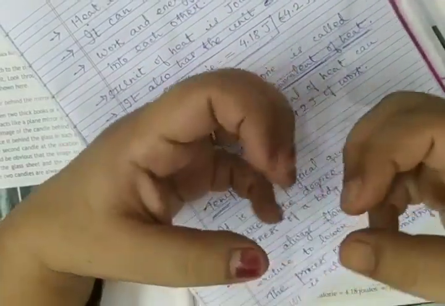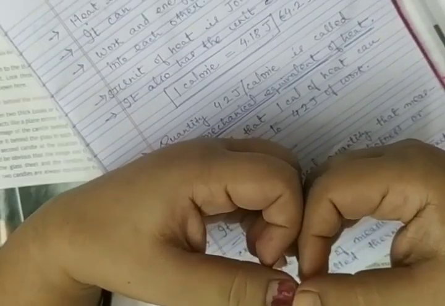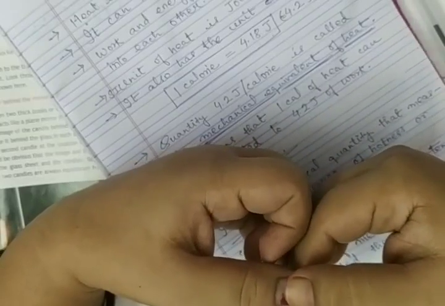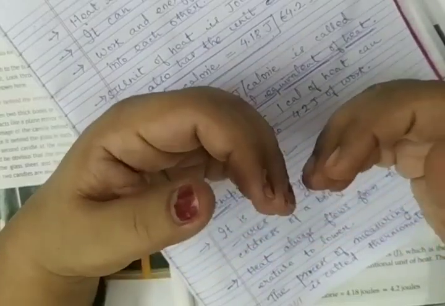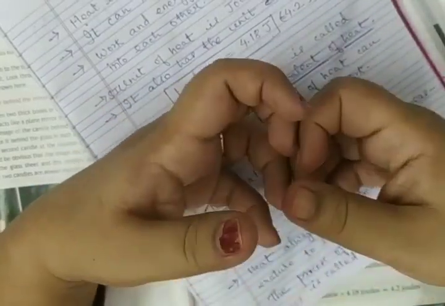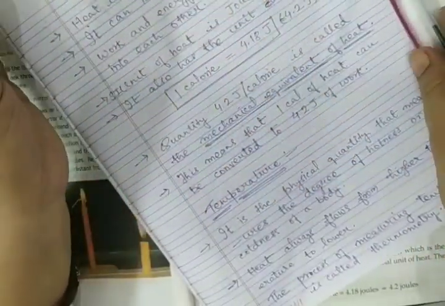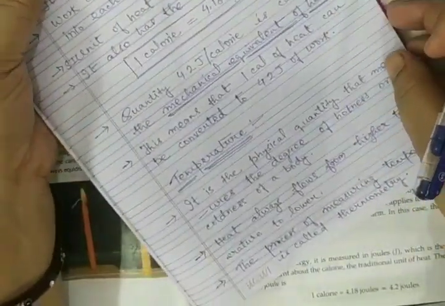Similarly, if you keep two things in contact, suppose you are keeping two metal rods in contact, one is very hot and another one is cold, then what will happen? The cold one will start taking heat from the hotter one, and it will also become a little hot. Okay, so heat always flows from higher to lower temperature,